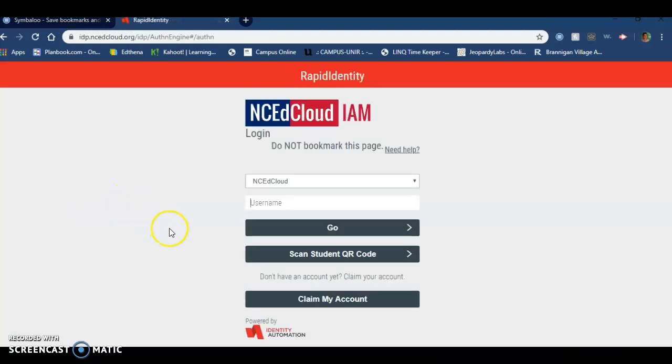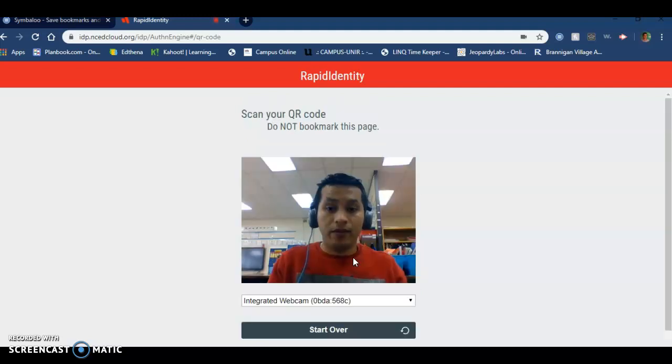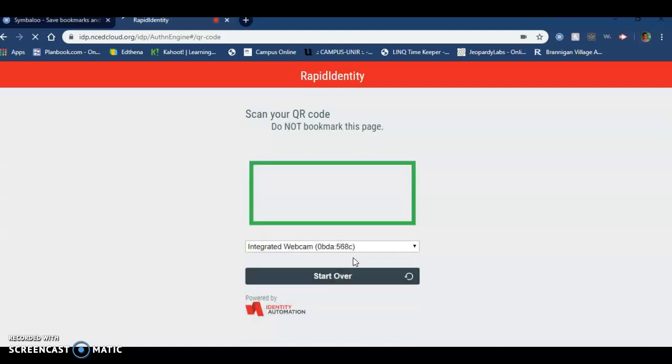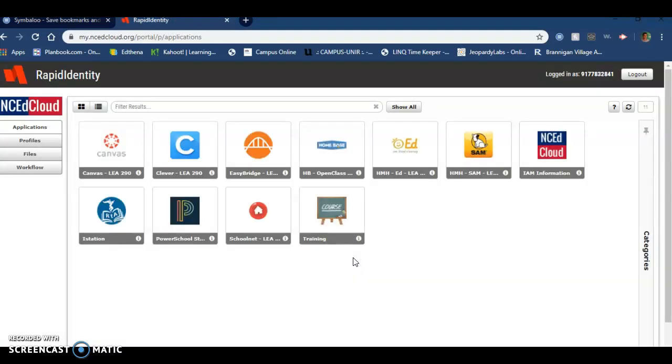Once you're there, you'll be able to see this one here that says Scan Students QR code. You'll hit that one. Once you see your face, you will have to get your kid's QR code and put it on the camera like this. I'm getting this,